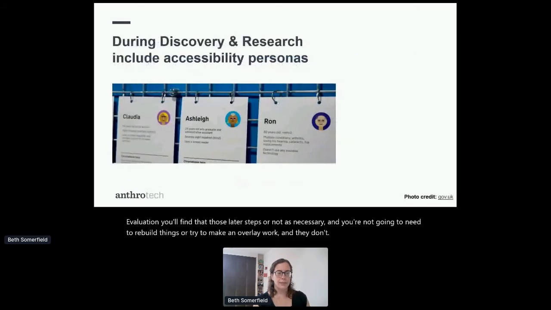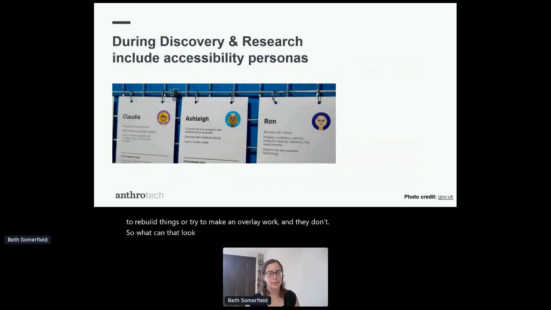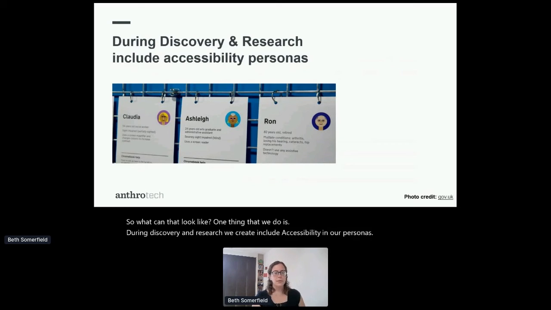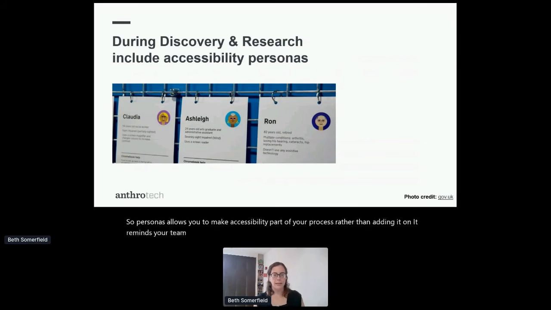So what can that look like? One thing that we do is, during discovery and research, we include accessibility in our personas. So personas allow you to make accessibility part of your process rather than adding it on. It reminds your team that accessibility is diverse and complex, and sometimes even contradictory, and brings tough decisions up earlier in the process. And we see this again and again, where if you're using these personas, some of the solutions that you come up with